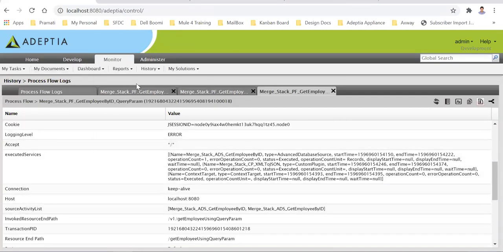One more thing: we have not added any security policy on the web service provider, but we covered in the last session how to generate the API keys, how to create security policies and apply them on the web service provider. So I think we are good on the REST API part: how to pass the body, how to pass query parameters, how to pass header parameters, and how to secure this web service provider.